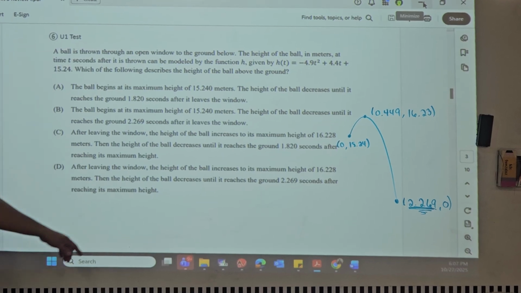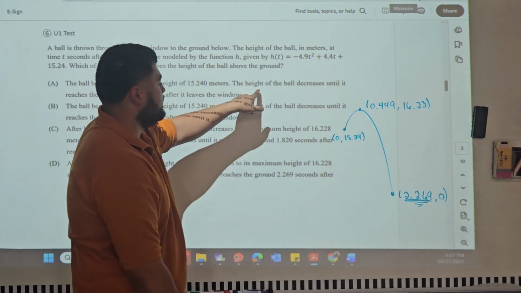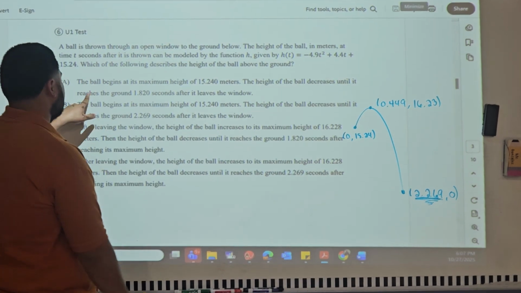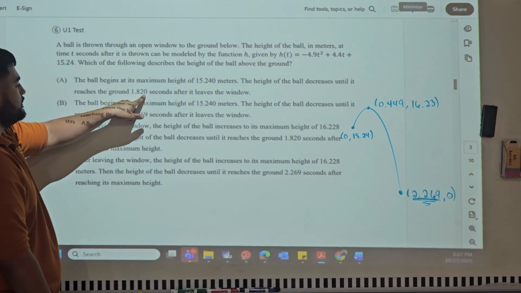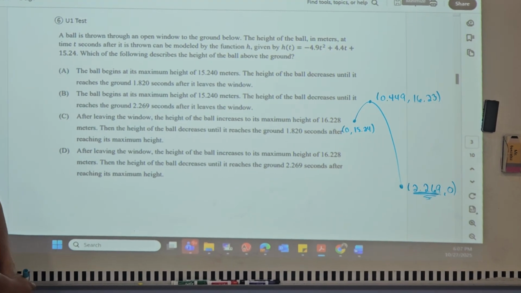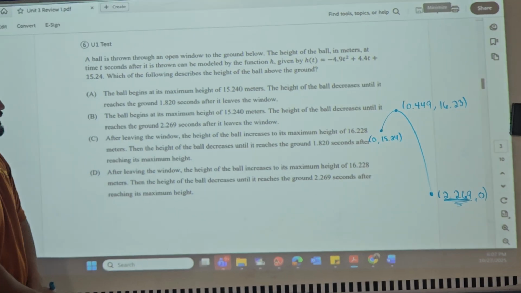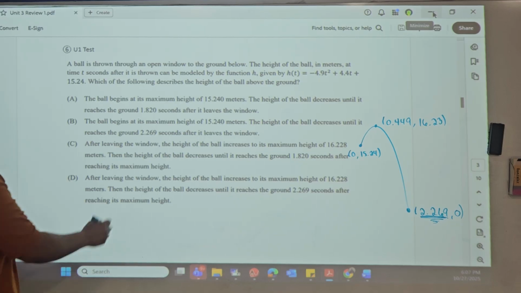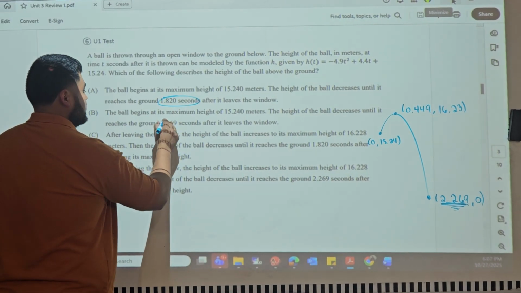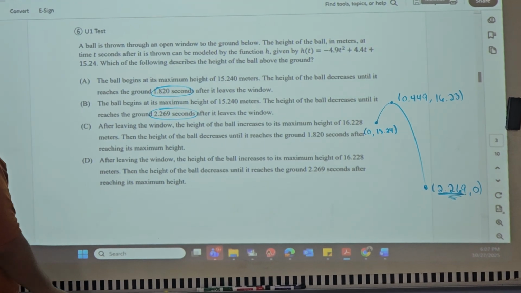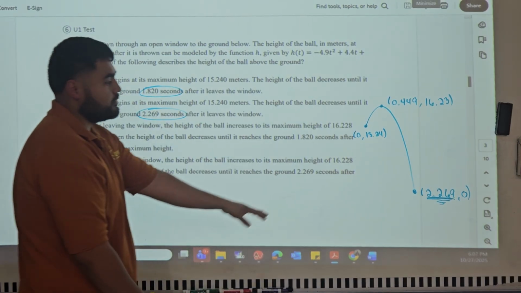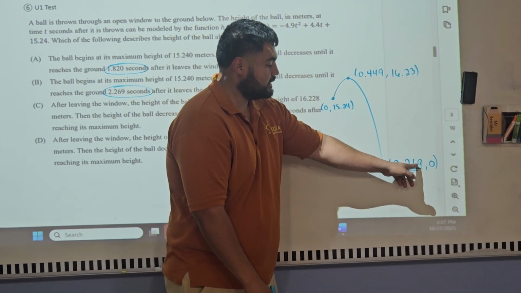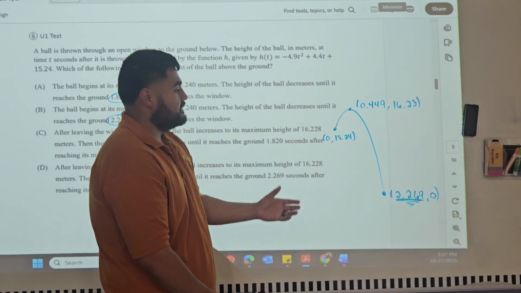But if you focus here, it's telling you the height of the ball begins to decrease until it reaches the ground 1.82 seconds after leaving the window. If you notice, C is basically the same concept, but our times are different. So now the question becomes, which one do I consider? Well, if we go back to our model that we just created, from 0 to 2.269 seconds,